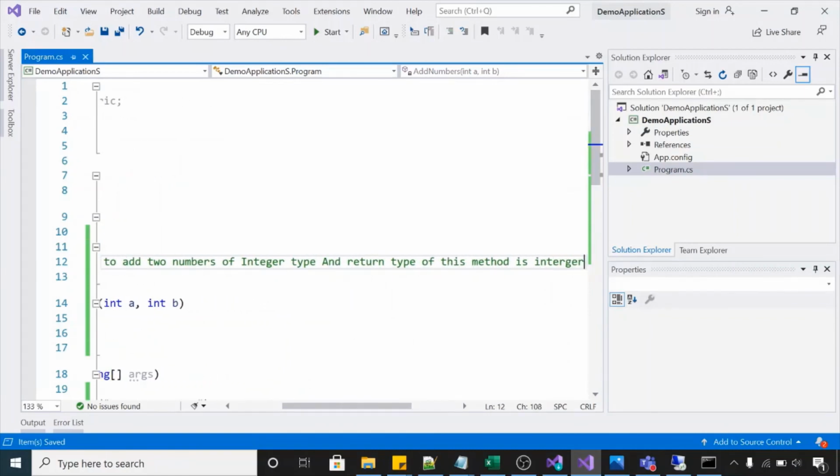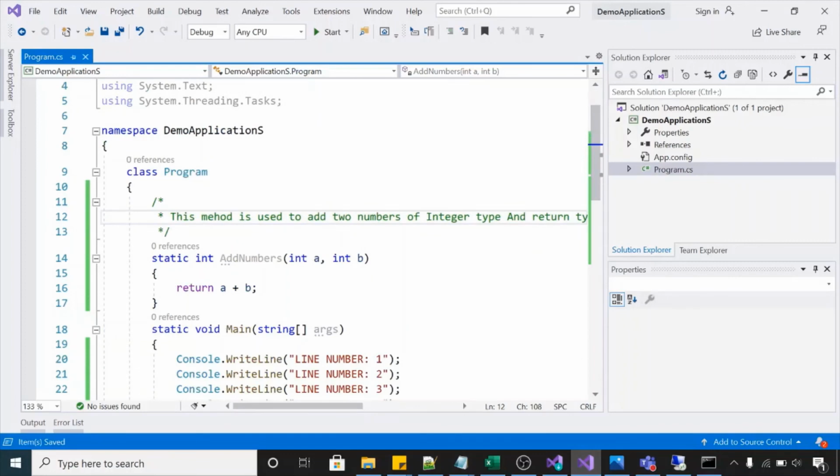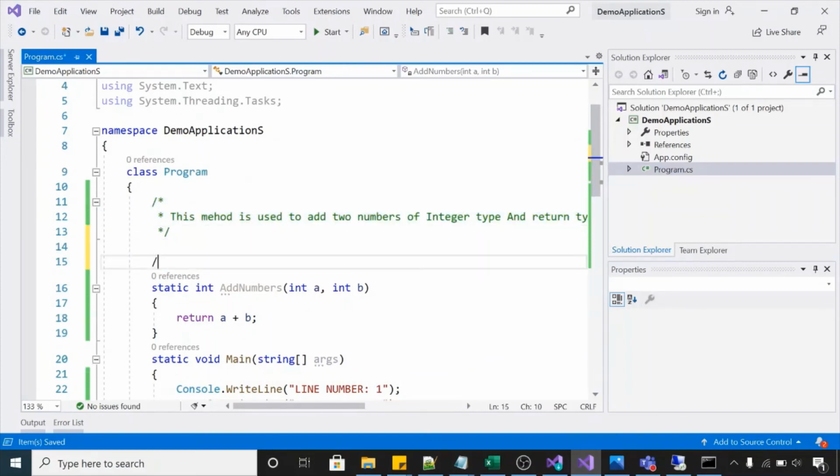So in this way you can provide documentation to your method. You can use comments for that. And you can write a single line comment also: this method is used to add two numbers.